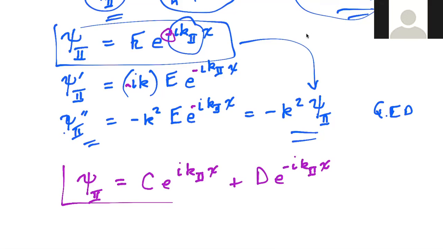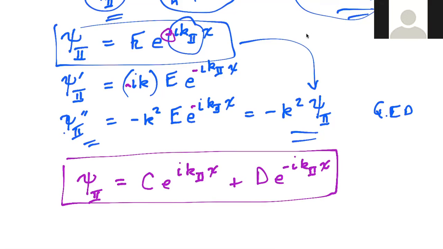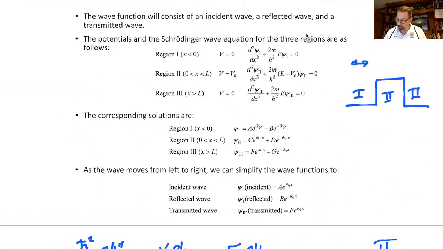So we're partway there. Let's go back and look at the other two regions, region 1 and 3. And what I think I've just recovered is this, okay? So let's look at regions 1 and 3. What's different in region 1 and 3? Well, in region 1 and 3, the potential is equal to 0. Potential is equal to 0. And so that means this term right here doesn't exist in the Schrödinger wave equation, and we come about it exactly the same way. But it will still have